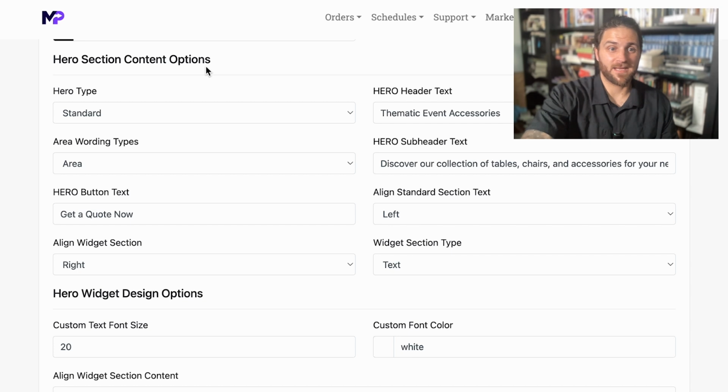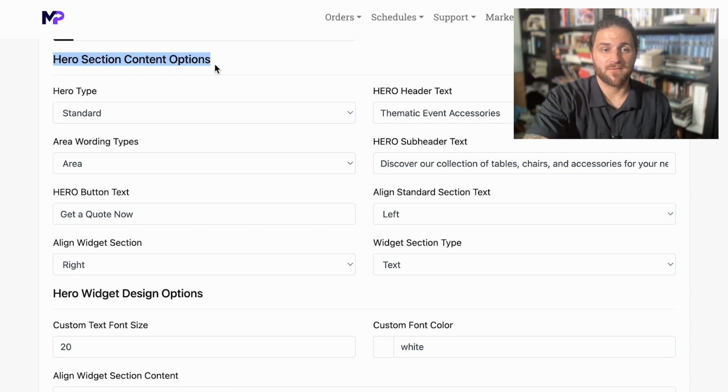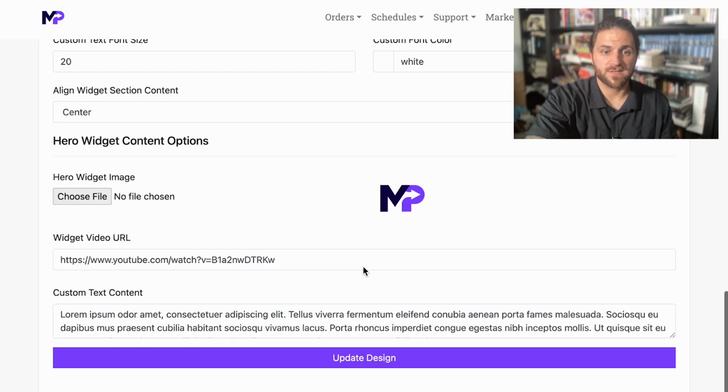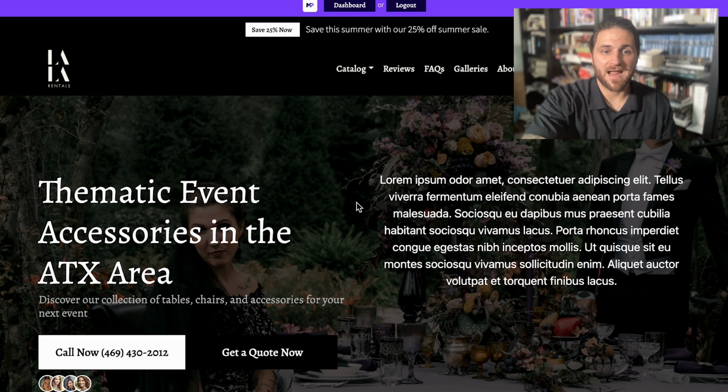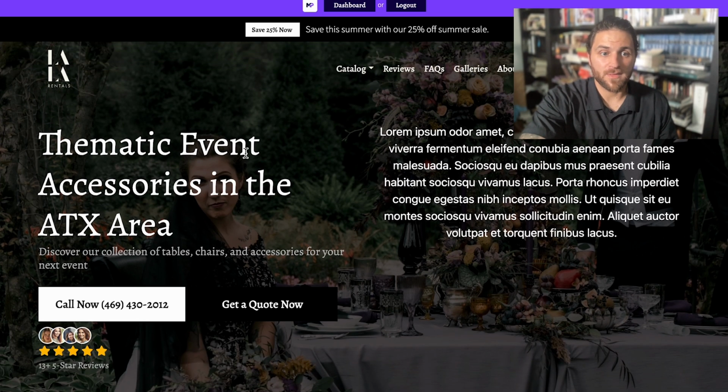Okay, and then at the hero section content options, you have really two choices here. You can do the standard, which is what it's set to, or you could do half and half. And I want to show you what that looks like in case you would like to do it. So this is what a half and half hero would look like with all that information we just talked about